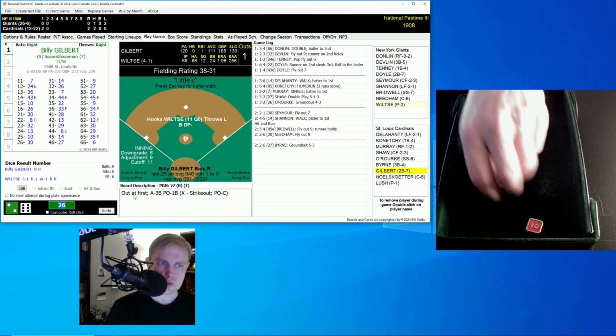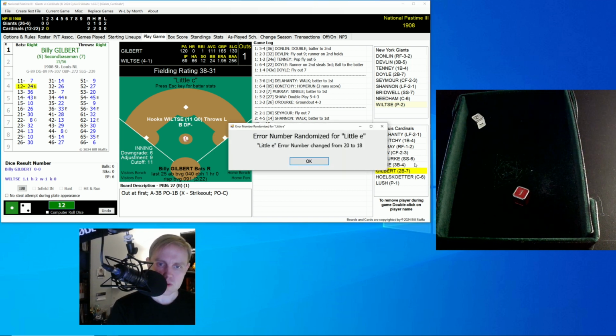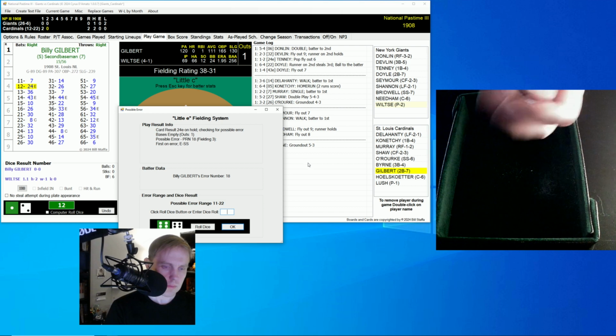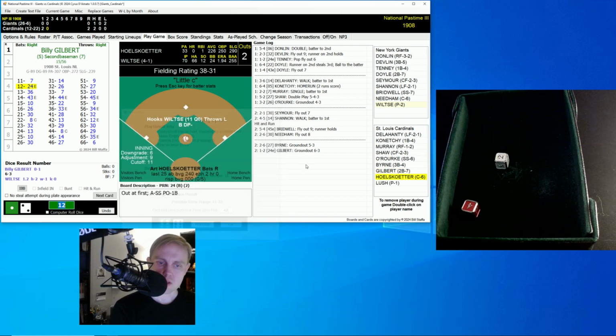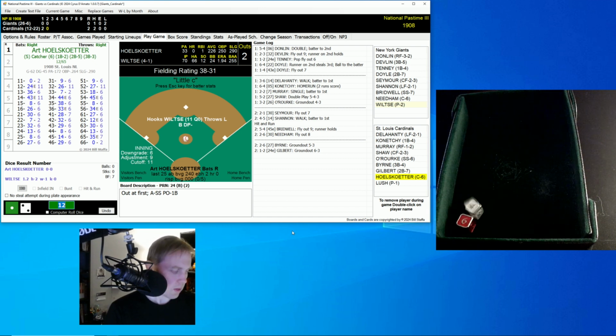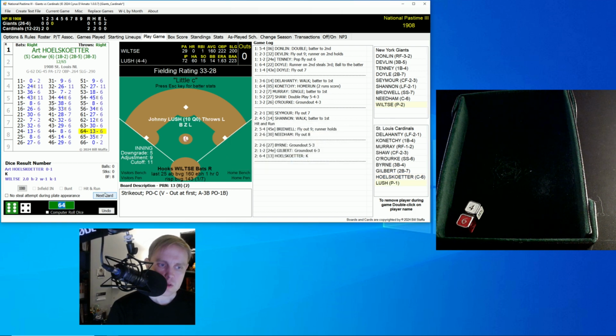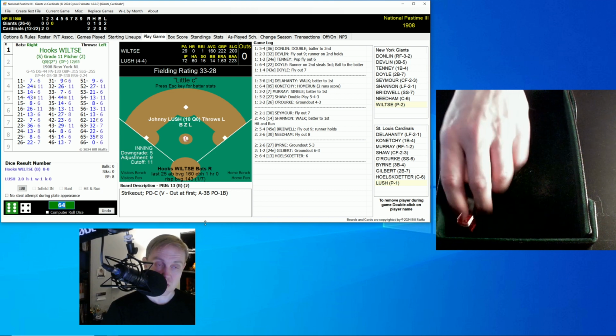Devlin throws to first. 1 away. Here's Billy Gilbert. Billy rolls a 12 for a 24. Here's a little E-roll. And it's a 42 out of the range, so it's a ground ball to short. Bridwell throws to first. 2 away. Art Hilskuda comes up next, and he rolls a 64 for a 13 and strikes out. So Wiltsey has quieted down a little bit since the first inning jitters,